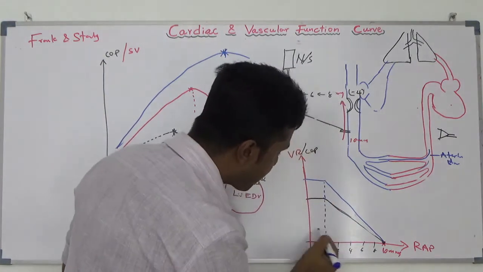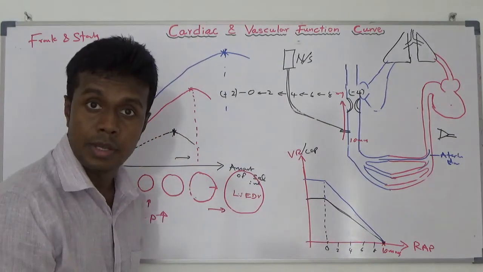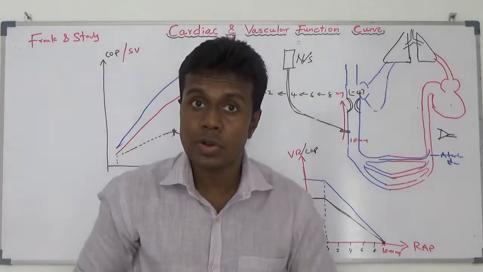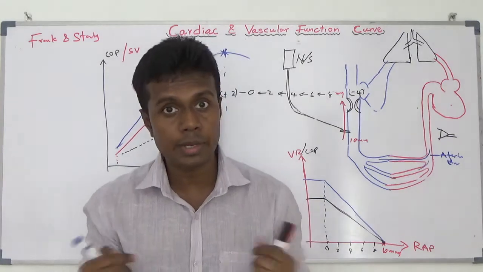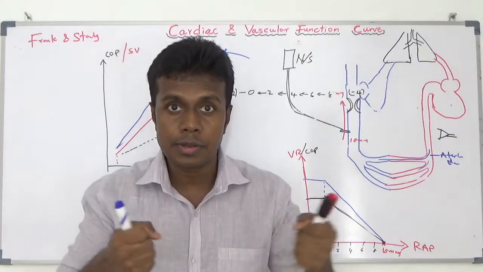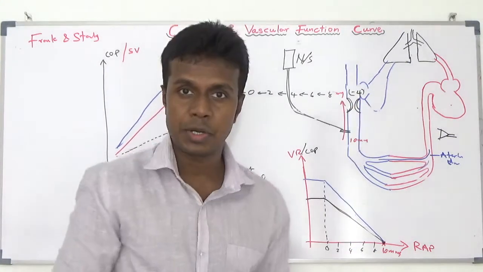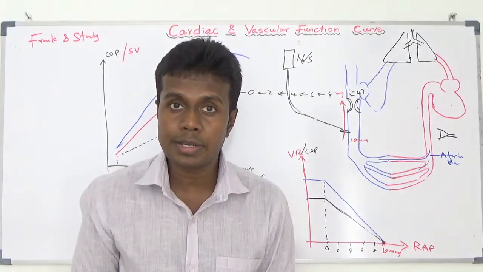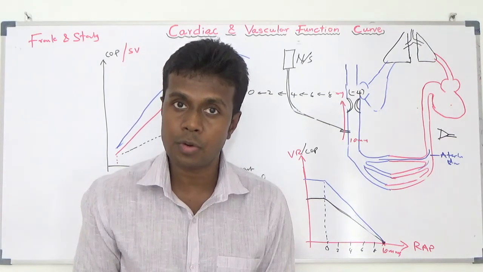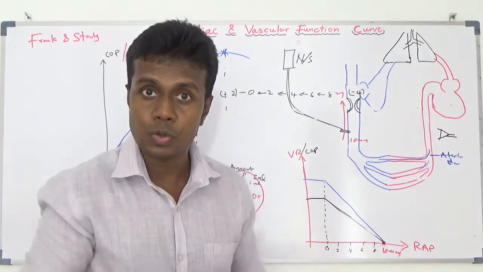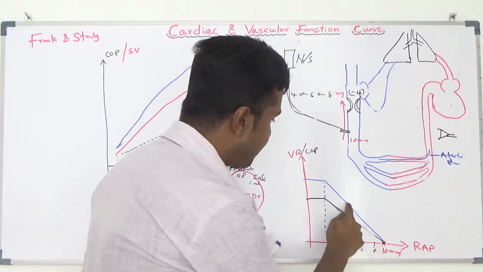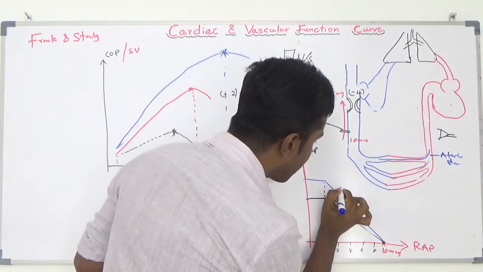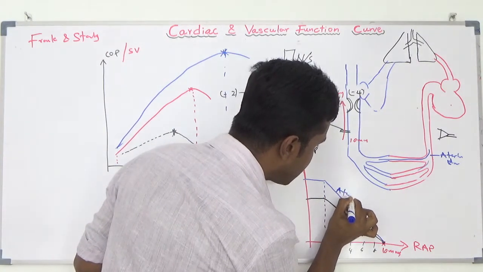From 0 onward, from here to here, even though you create negative pressure in your right atrium, you can't take more fluid because your great vessels do not have a large amount of muscular layer like arteries, aorta. Because of that, it's going to collapse. So this is what happens when you give arterial dilators.